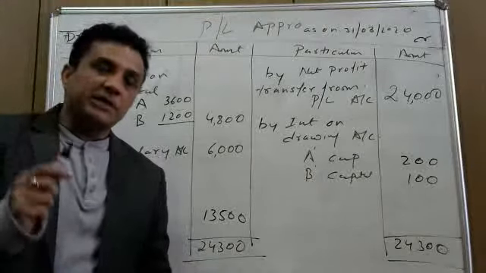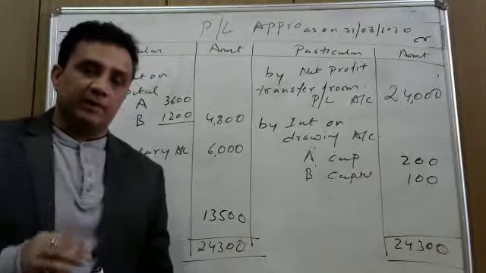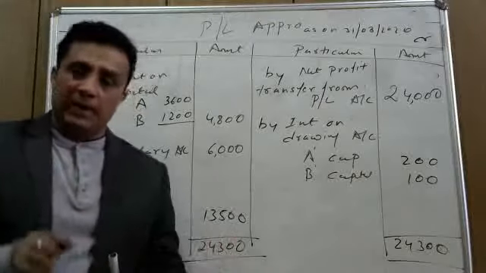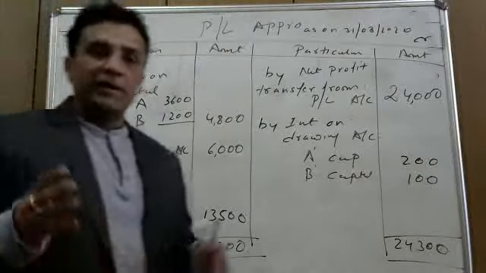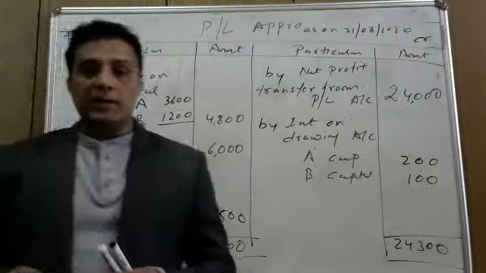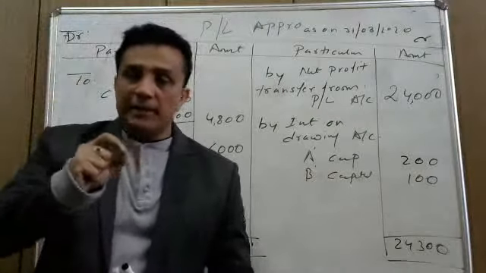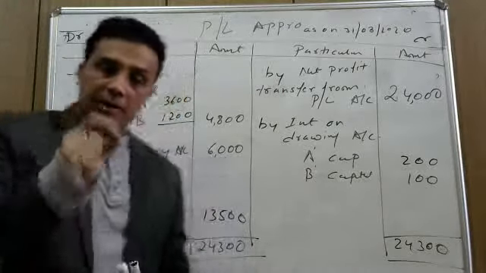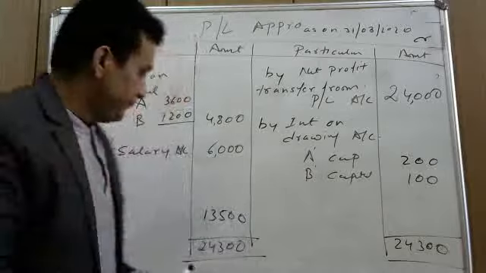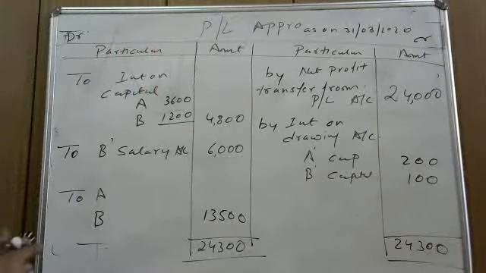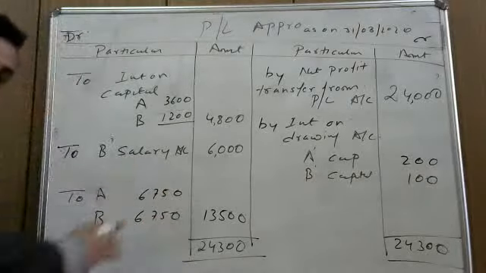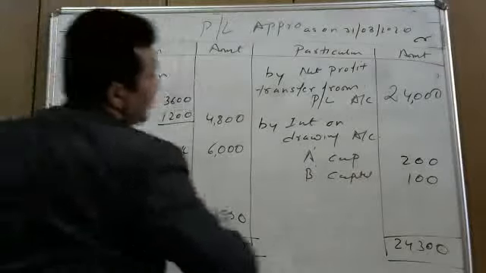Now the important part over here is when the ratio is not given, when the share of profit is not given. We always keep in mind that when the profit sharing ratio is not given, it is equal. I repeat, when the profit sharing ratio is not given in the question, we take the profit sharing ratio as equal. Many students make the mistake of taking it as per capital. No, unless they ask, you cannot write as per the capital. The profit share ratio is not given in the question, so we have to distribute equally. So 13,500 distributed equally makes 6750 for A and 6750 for B, because the profit share ratio is equal.